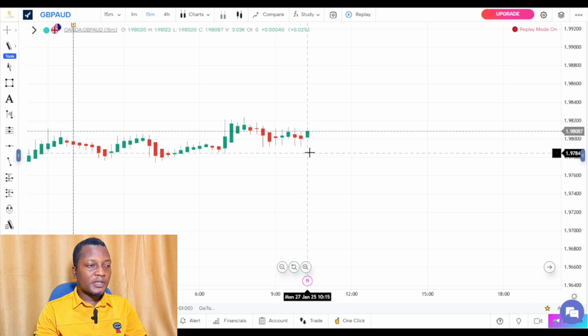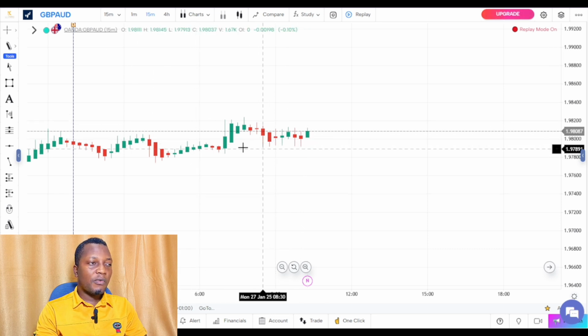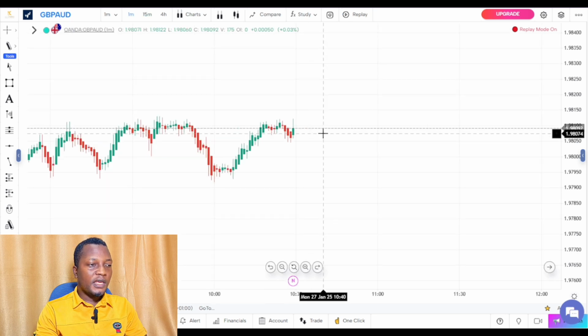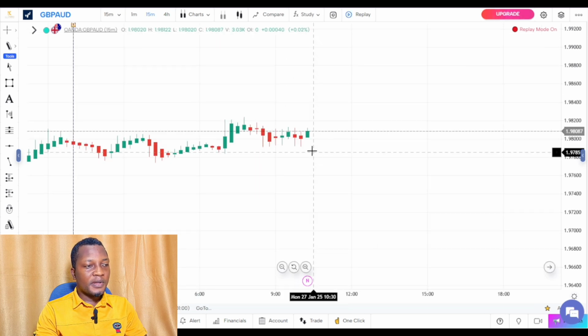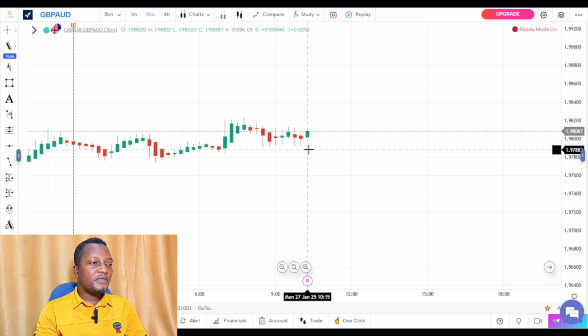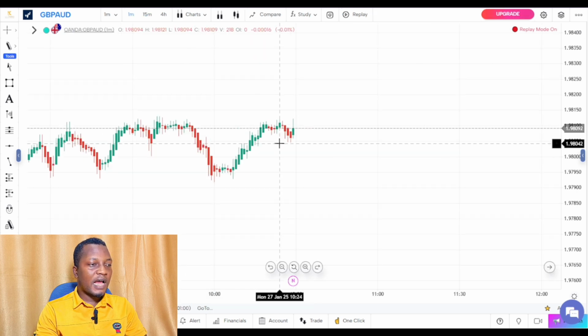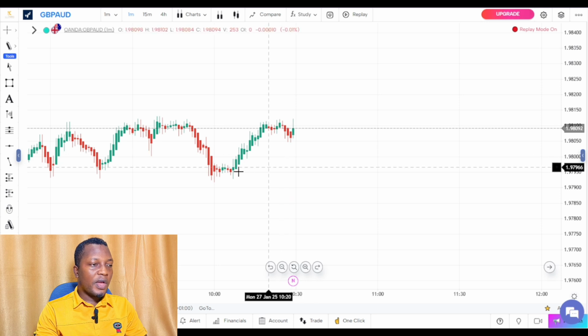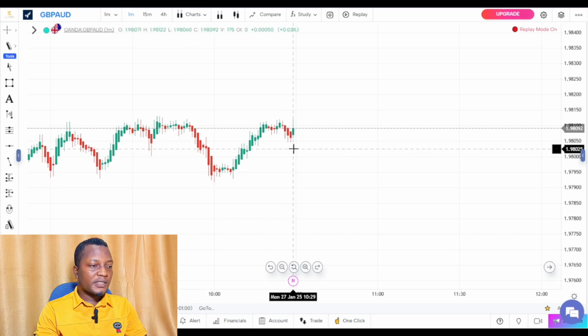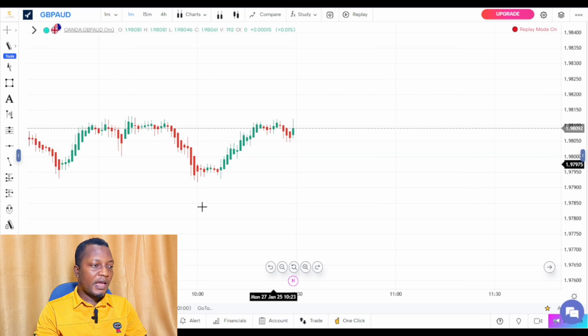So as soon as we recognize this, we go straight right up into our 1 minute time frame. And on our 1 minute time frame, what we'll be looking out for is where we have a pullback. Of course, you can see on this 15 minute time frame, this event happened at about 10:15. So from 10:30 upward, we should be looking out for where we'll have a pullback. So right about this time, we have 10:29 a.m. on our